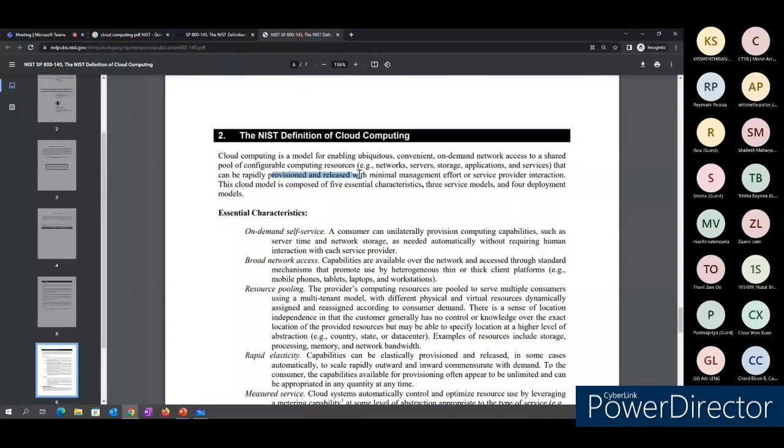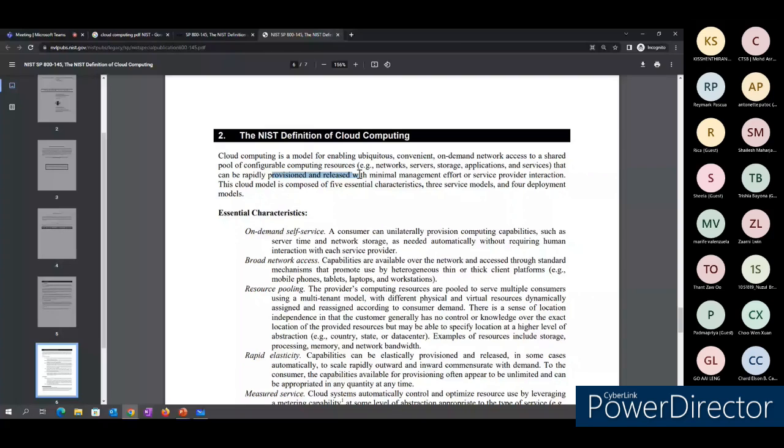That is something normally few people may be using, but in technical terminology, in the normal IT world, people use the terms provisioning and decommissioning. That may be the right or an apt word we generally use. So NIST is saying that if you are using cloud computing, the infrastructure can be easily provisioned and easily decommissioned also. Because in the past I have seen Robin looking for a server for 3